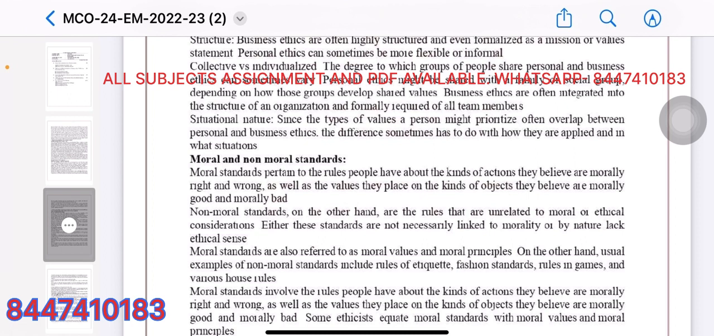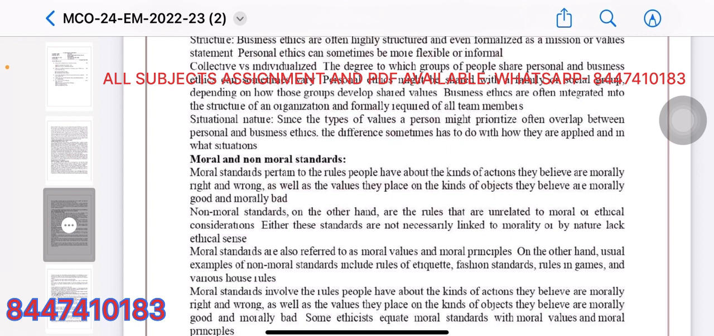Non-moral standards, on the other hand, are the rules that are unrelated to moral or ethical consideration. Either these standards are not necessarily linked to morality or by nature lack ethical sense. Moral standards are also referred to as moral values and moral principles. On the other hand, usual examples of non-moral standards include rules of etiquette, fashion standards, rules in games, and various